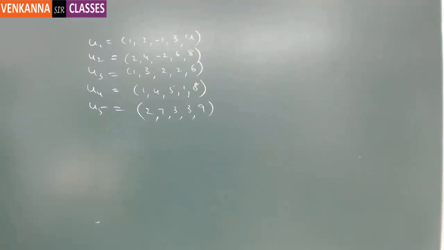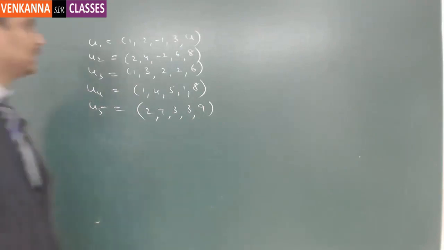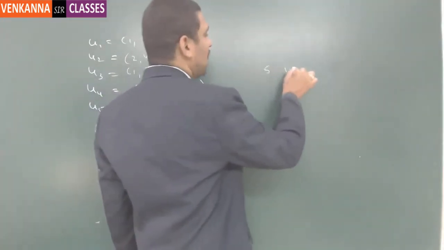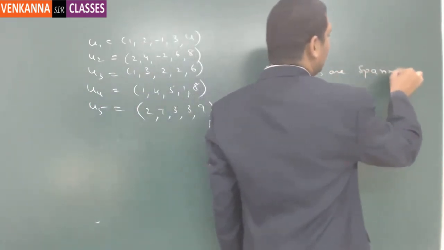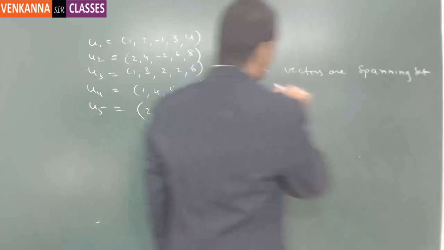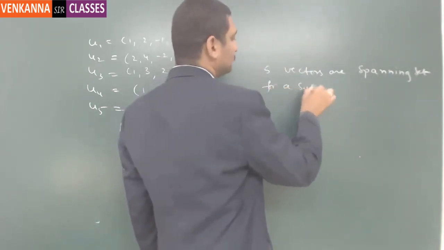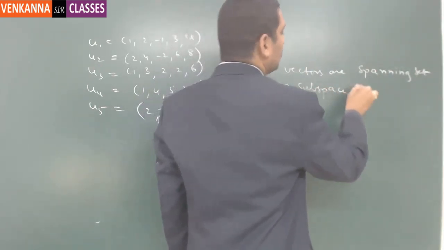Suppose I want to determine a basis using the same vectors here. So by default we assume that the given vectors are nothing but the spanning set. So you are finding the basis for a subspace spanned by these 5 vectors. We need to understand it like that. So here the 5 vectors are a spanning set for a subspace in R^5,